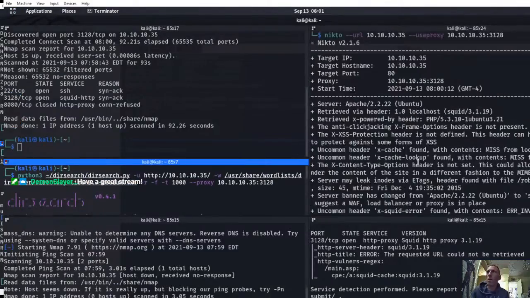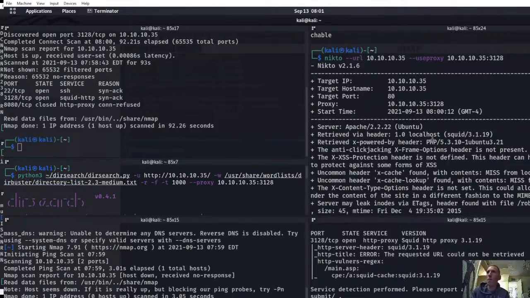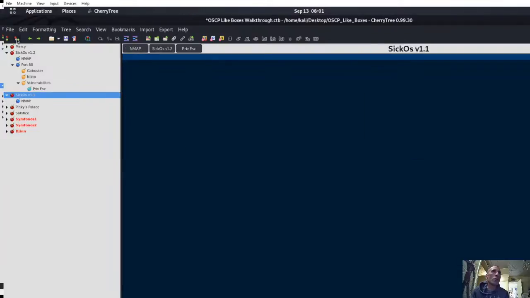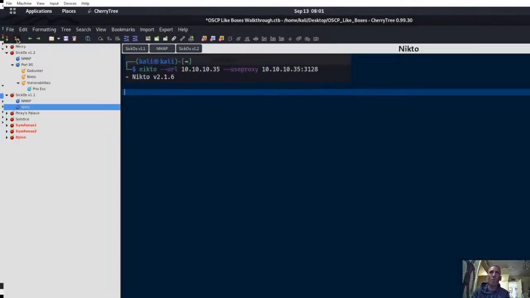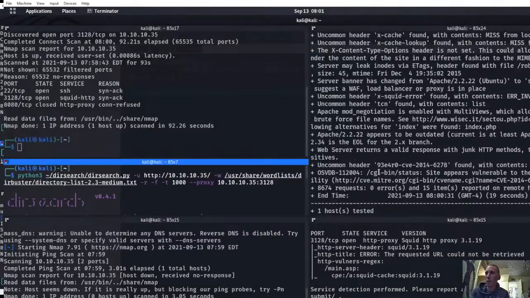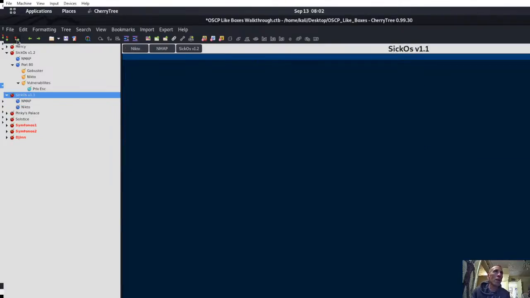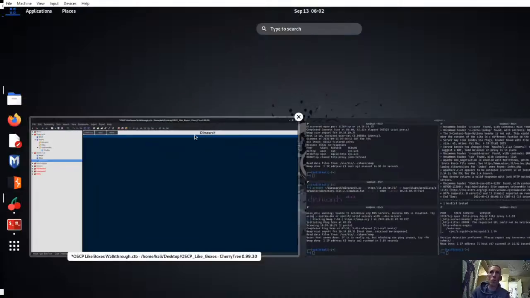We have nikto scan on a Squid proxy right here. We'll do that. And we'll say nikto. And then we'll throw this guy down here, and they're also saying supposedly he can be used for Shellshock. However, I cannot get it to work. Can use Shellshock, to work. Okay, then we'll also do a dirsearch or dirbuster, whatever you want to call it,